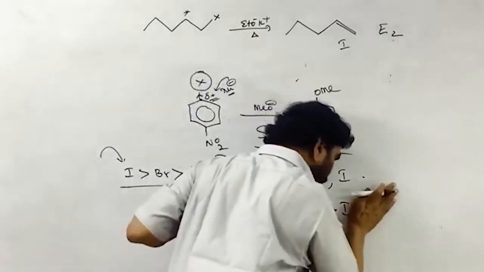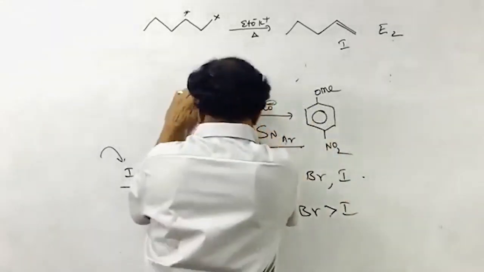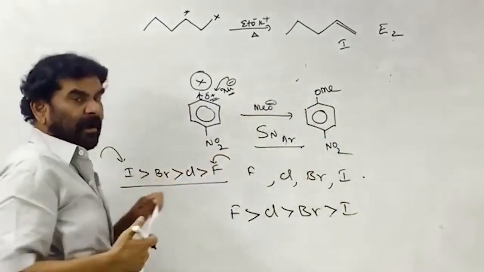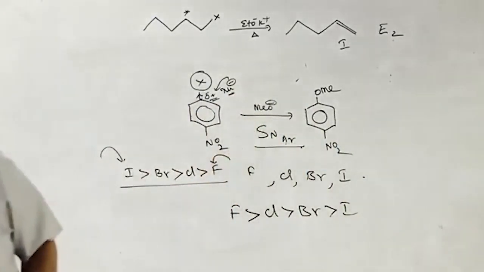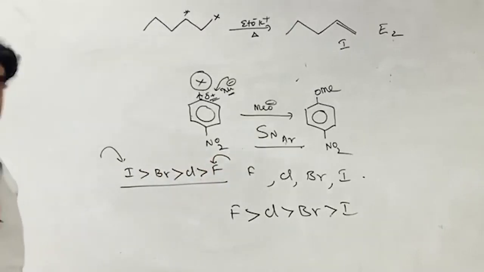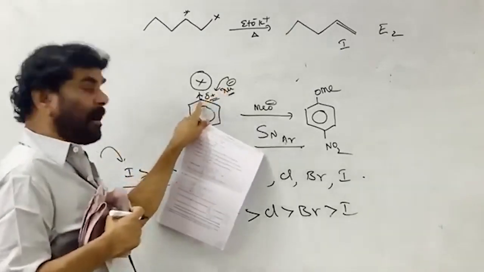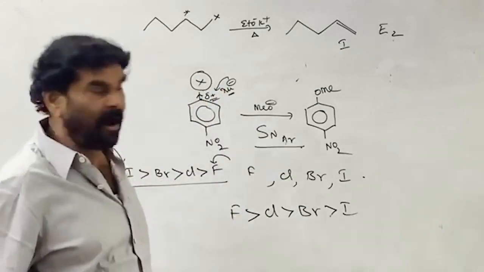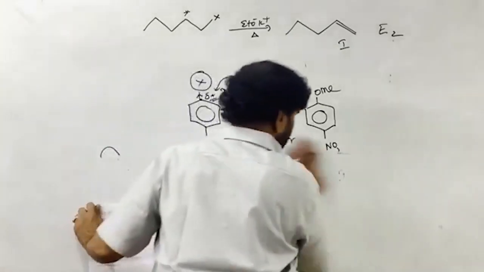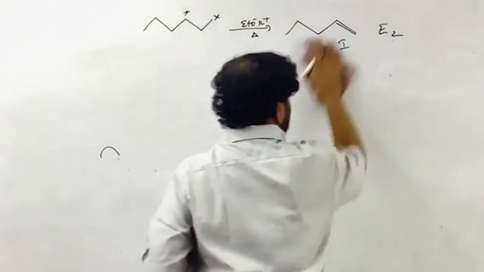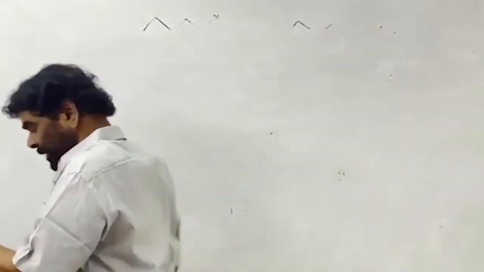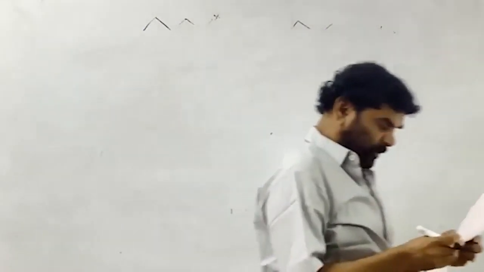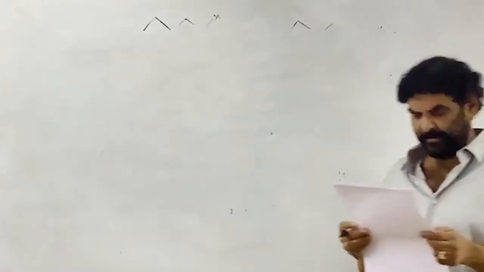This order is quite different for aryl halides compared to aliphatic halides. In aliphatic halides, the nucleophilic attack is the RDS. Here, the carbon-halogen bond breaking is the RDS of the reaction. Remember that. Therefore, in the given question, the correct order is B. B is the correct one for 27.